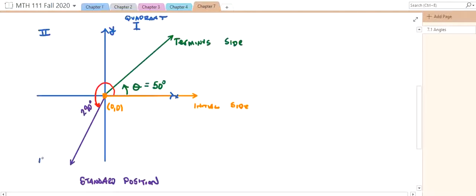Anything down here below 180 but before we get to 270 is in quadrant 3, and quadrant 4 is this last quarter of 360 degrees. If we go all the way around, it is 360 degrees. What color would be good to go all the way around? I guess blue. So if I go all the way around, back to the start again, that's 360 degrees, or